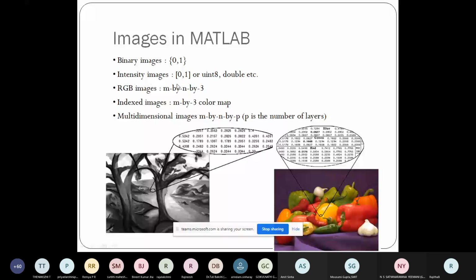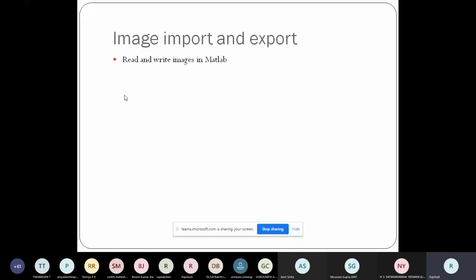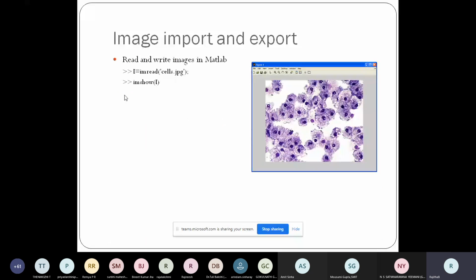Now imread is actually used to read an image, and imshow is the command to display that image in the result. The image which I read is stored in I, and I'm using the MATLAB function imshow. This is figure 1, and this is the image which I have read. So it has been displayed.